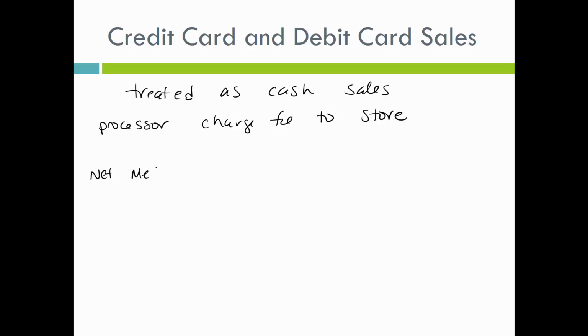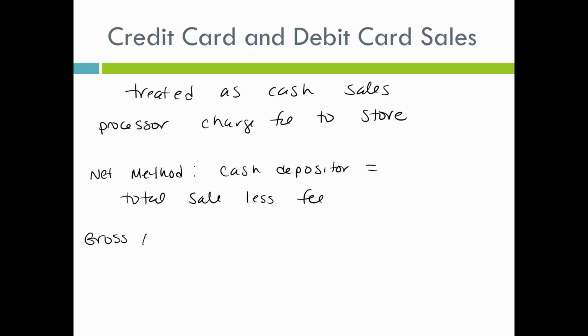There's the net method, which is the first way. The cash that gets deposited into the business's account is equal to the total sales, or the sales for that day, less the fee that the merchant charges. And so they never see the entire sale, they just see the sale minus the fee that they got charged. Under the gross method,